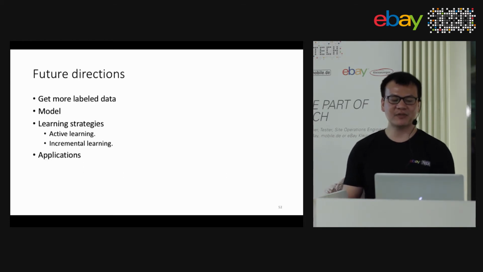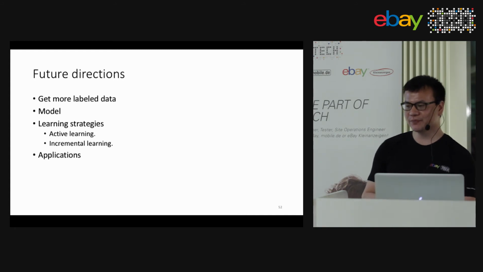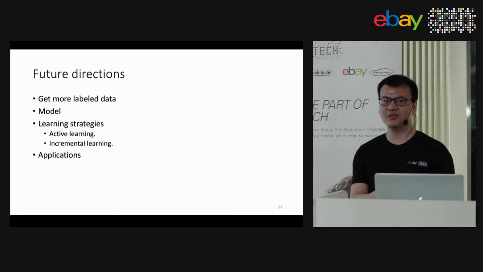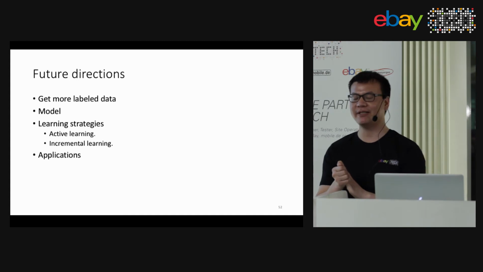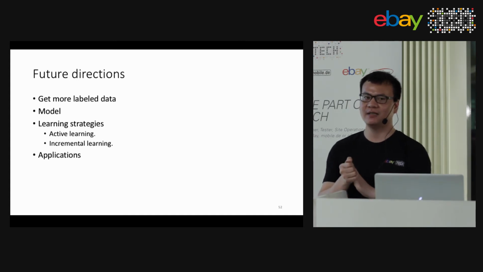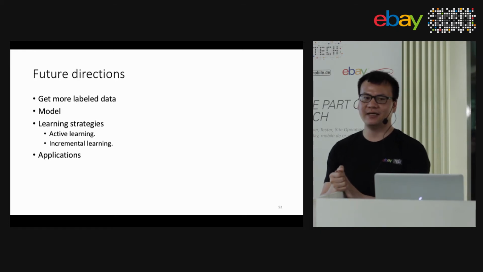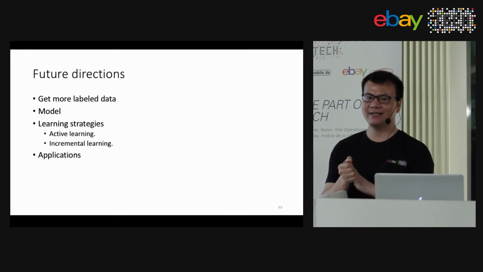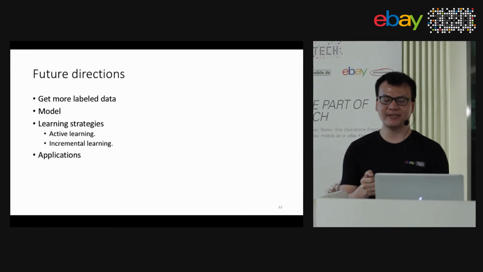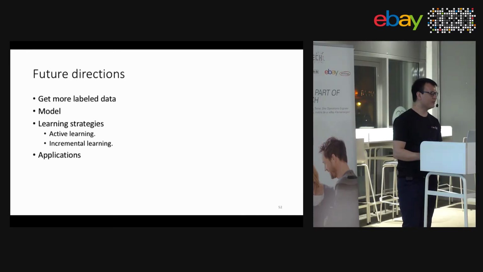And then in terms of learning strategy, currently the models are pre-trained using the labeled data that we collected, and then applied to the dataset. When applying the model to the dataset, we did not train the model anymore. What we could do is make use of active learning, which is, you can imagine a scenario